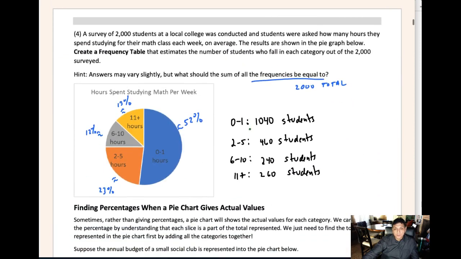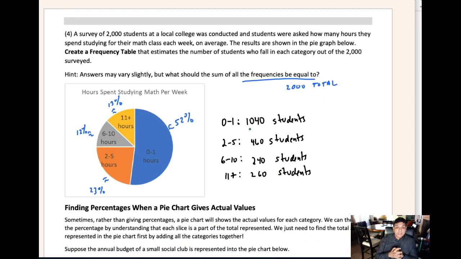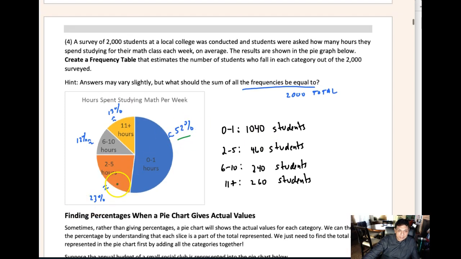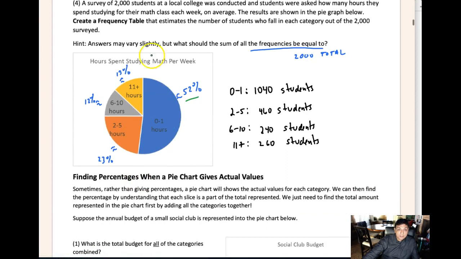Moving on to some more creating frequency tables, here's another situation. If we know there's 2,000 students, we're just estimating the percents here. These are estimates. You may come up with slightly different values. But once you have those estimates, then you could multiply that by 2,000 to get these numbers here. Again, where does the 52% come from? This is an estimate, just to make sure you understand that. And so we're just estimating 52%, and then you multiply that by 2,000,